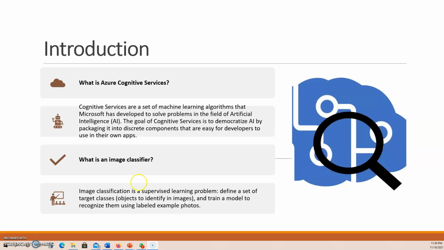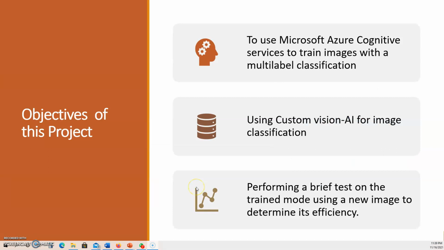labeled example photos. So the objective of this assignment in general is, number one, to use Microsoft Azure Cognitive Services to train images with a multi-label classification. The second one is that we'll be using Custom Vision AI for image classification. At the same time, we'll be performing a brief test on the trained model using a new image to determine its